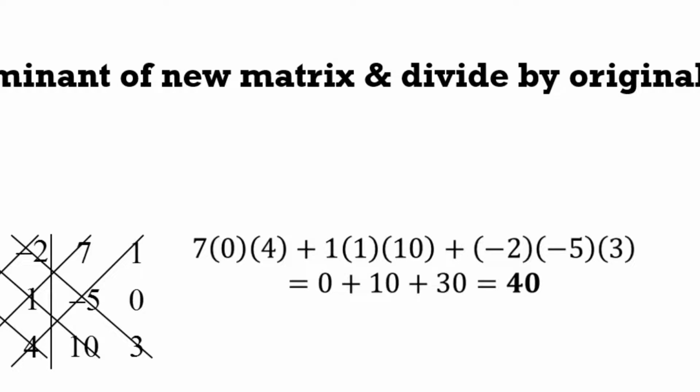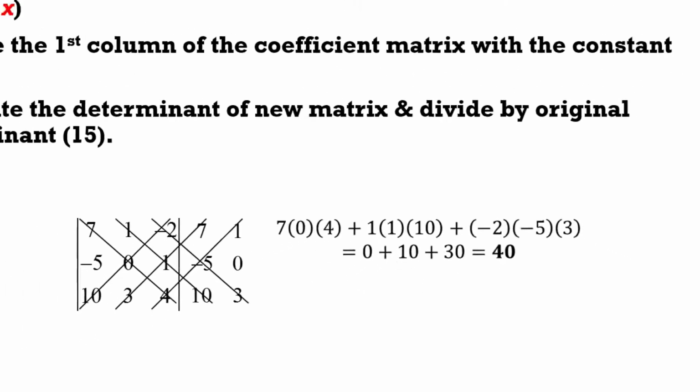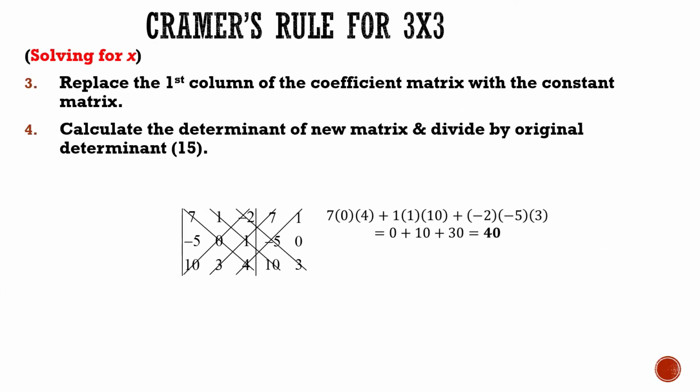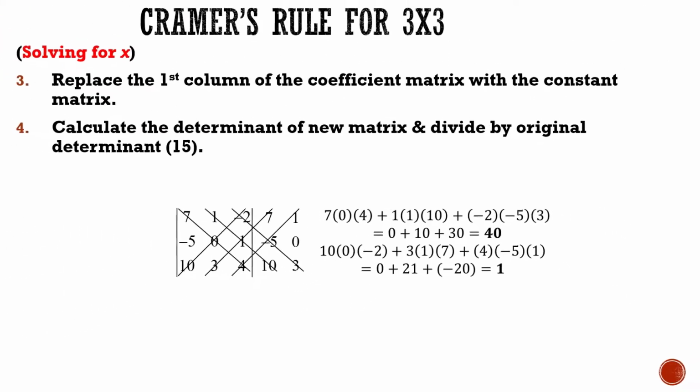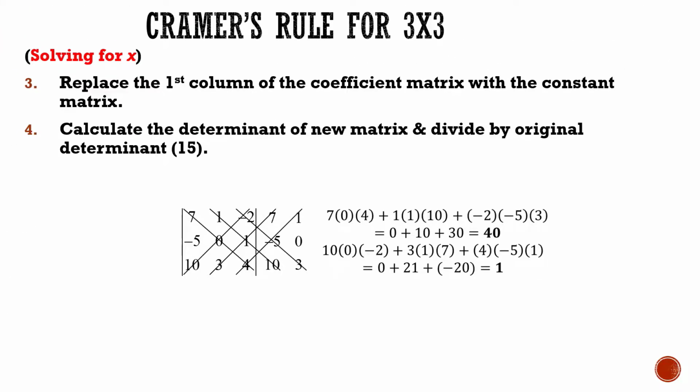And the other diagonals give us 10 times 0 times negative 2 plus 3 times 1 times 7 plus 4 times negative 5 times 1. When we add our results, we get 1. And so determinant of x is 40 minus 1, giving us